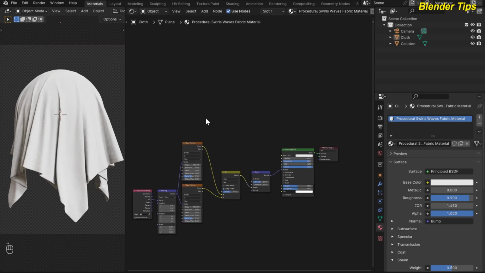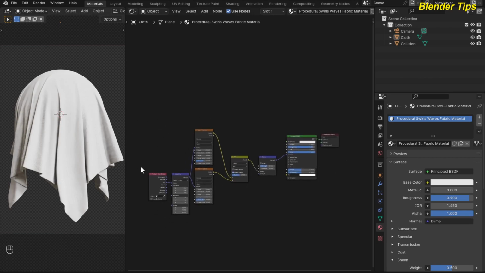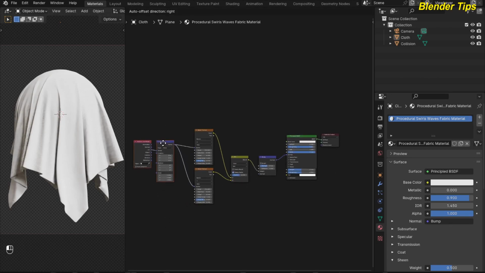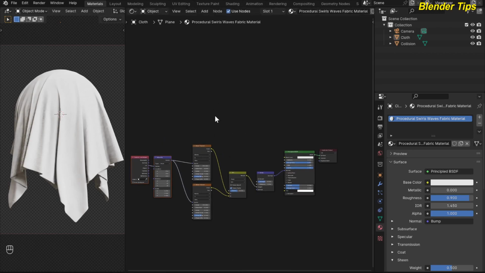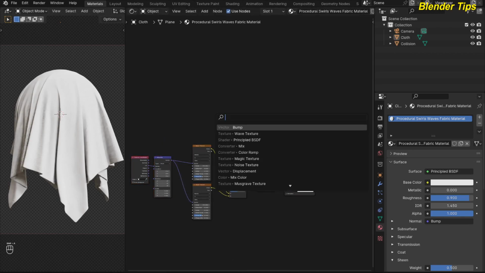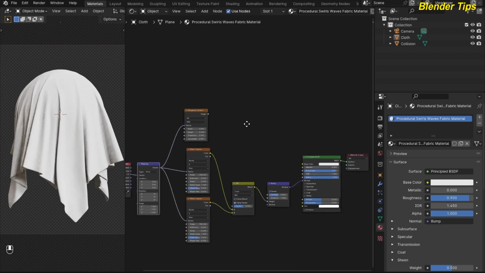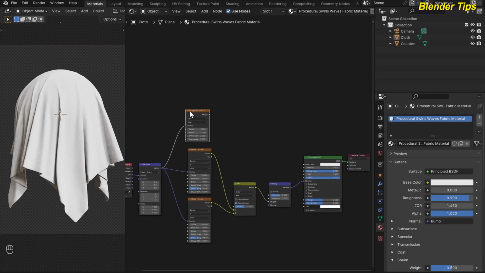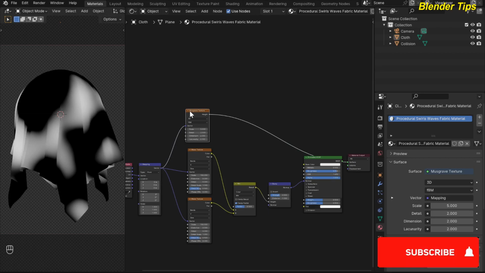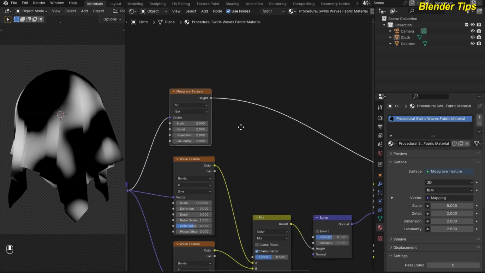Now I want to add some swirls to this fabric, and here I put this texture coordinate mapping something like here, and here I search for the Musgrave texture and place the Musgrave texture something like here, and here I use the same mapping into the vector. Beautiful. And here I preview this Musgrave texture by pressing Ctrl Shift,